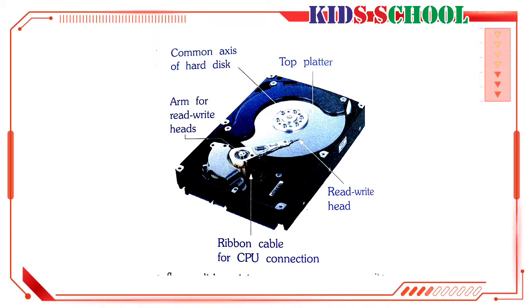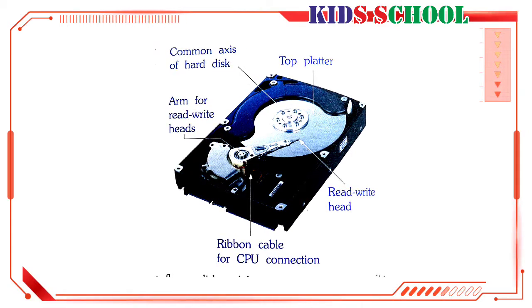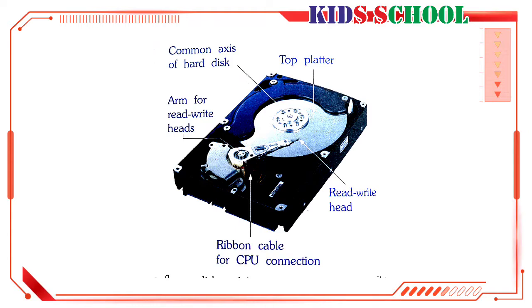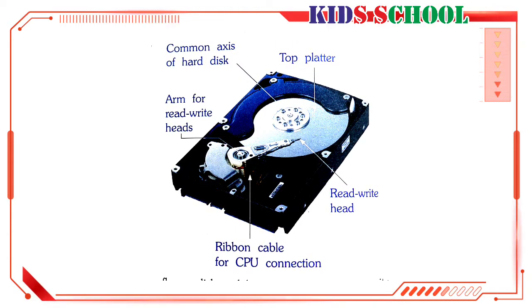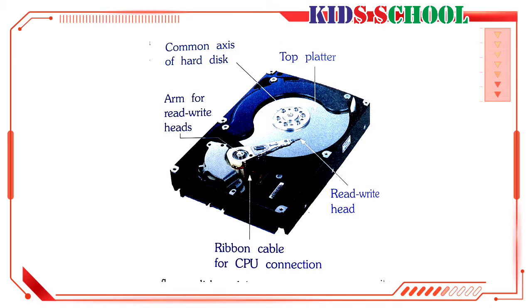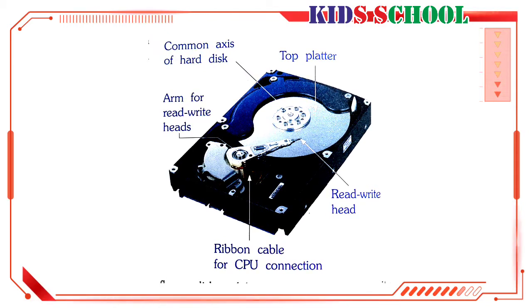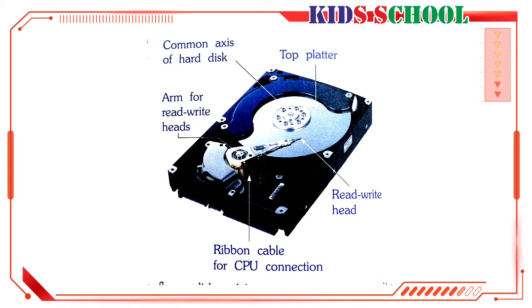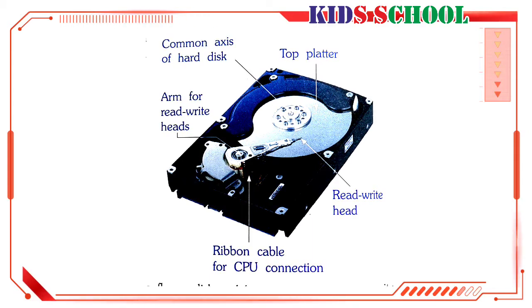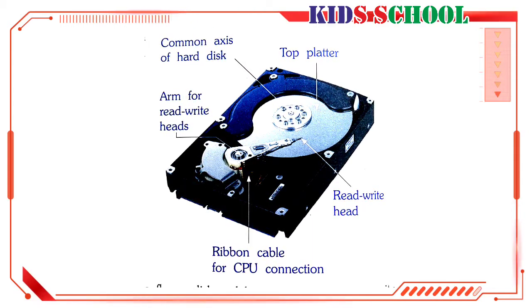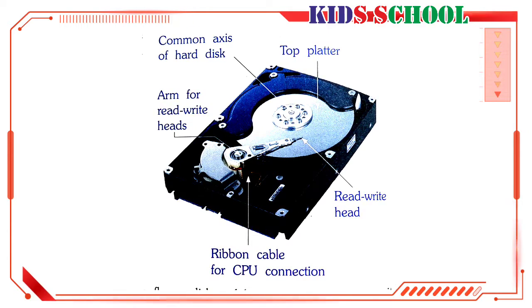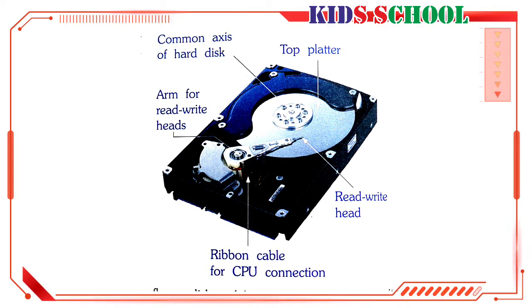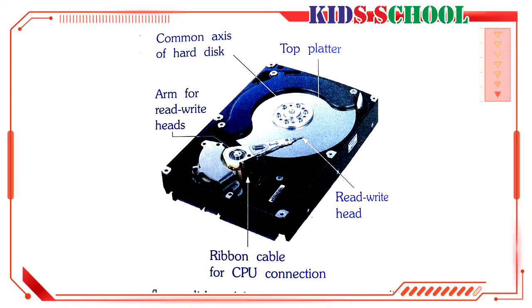The hard disk stores all the information on its magnetic area, and so information stored in the hard disk will not be erased even if there is an interruption in power supply or if the computer is switched off. Hence, the hard disk is a permanent storage device. It is not removable. A hard disk is much faster than a floppy disk and has a huge storage capacity. It can store more information than a floppy disk.